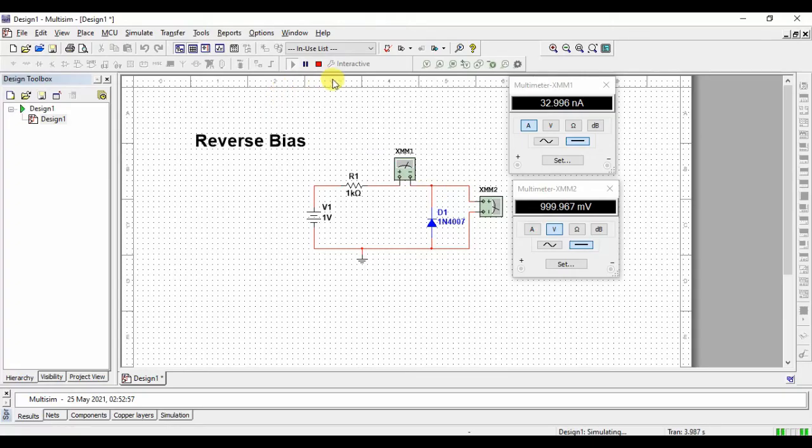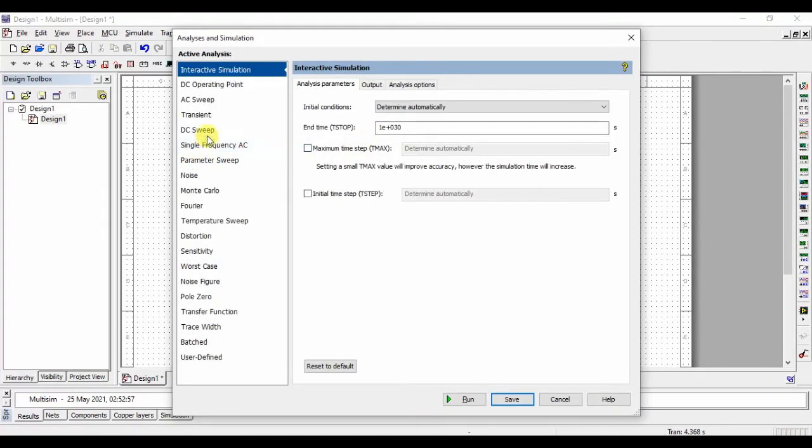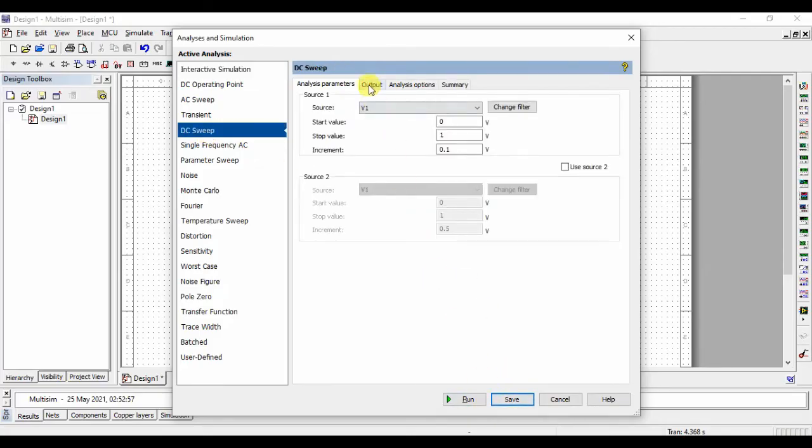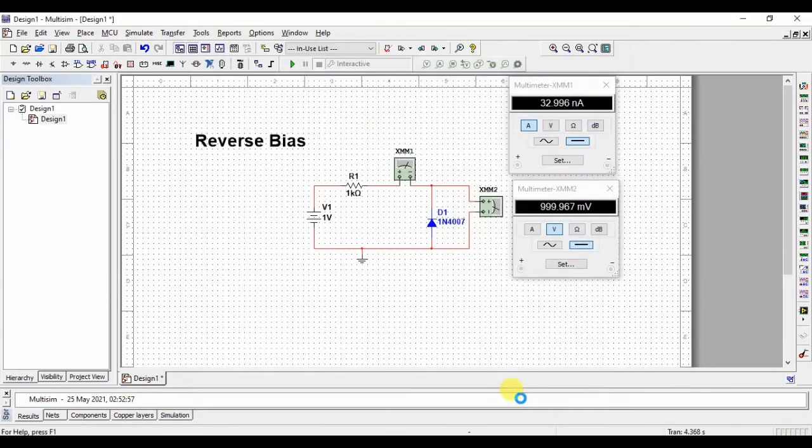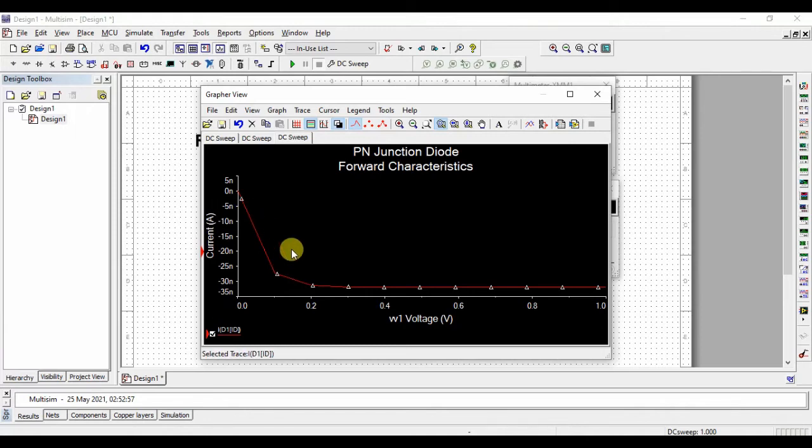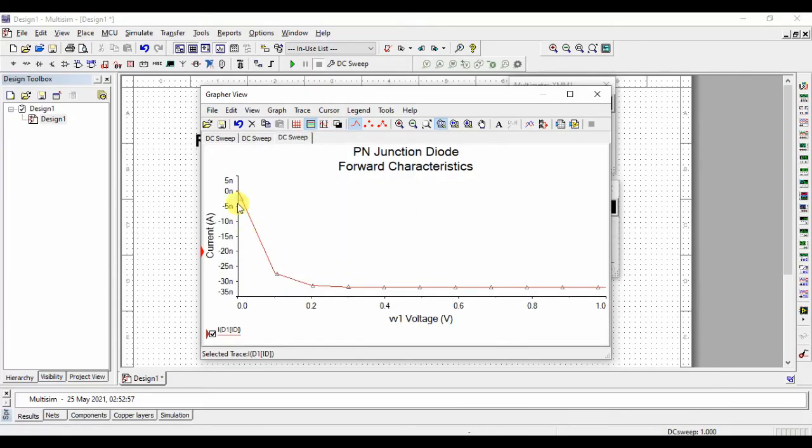For this also we can perform the DC simulation. Select the DC sweep and select the output. Yes, right. Run. So see, here we can change the background like this.